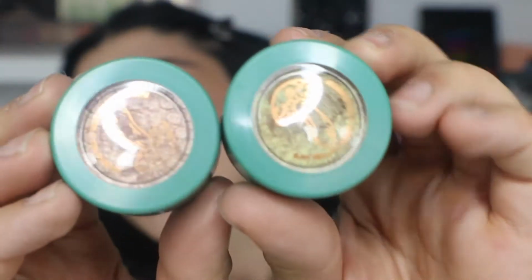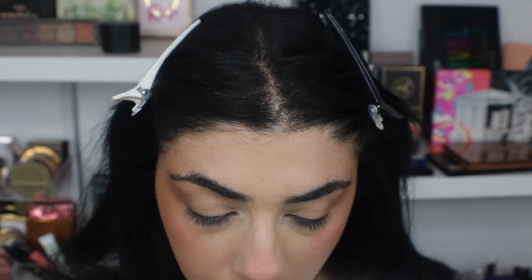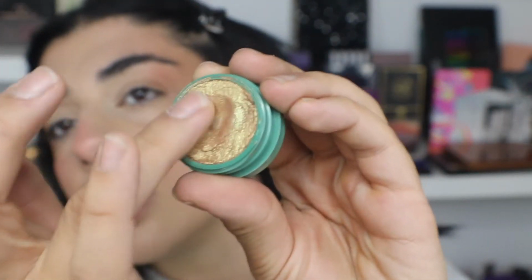Alrighty, eyes. So I was thinking of using these Super Shock shadows from the Raw Beauty Christie and Colourpop collection. So this one's in Like a Moss and this one is in Mycelium. Come to think of it, I don't think I'm going to put any more concealer on my eyelids, but what I am going to do is use my finger first. I'm going to go into Like a Moss and I'm going to put that